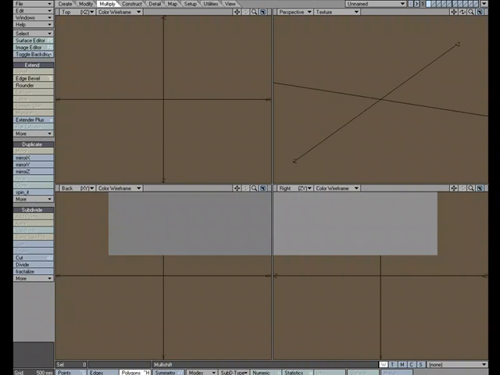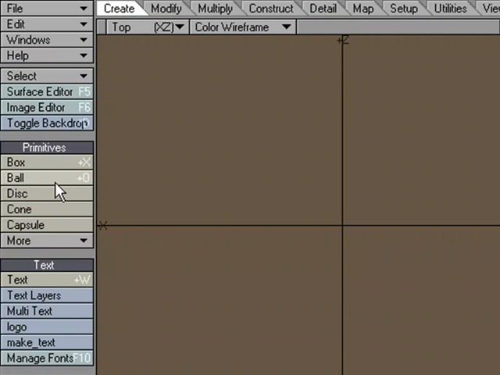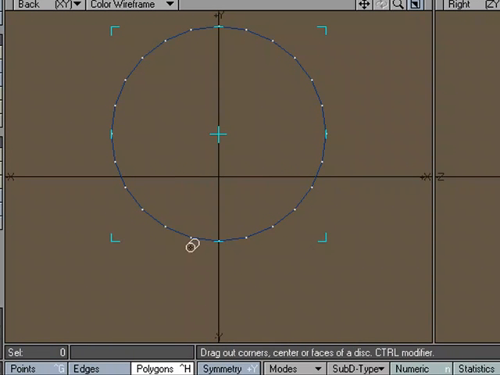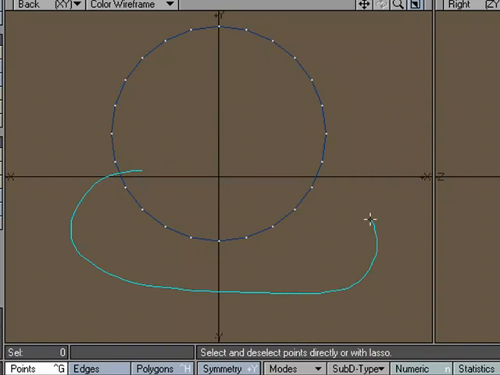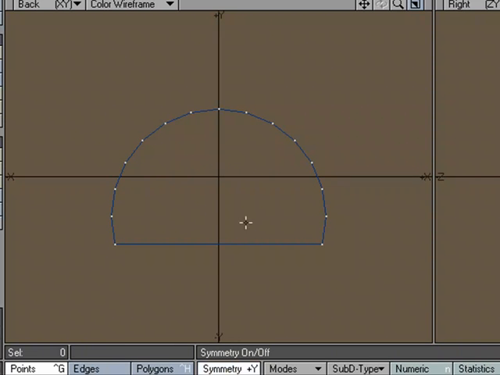So I'm going to jump over to Modeler, and we're going to build the basic building blocks, starting with the disk tool. So over in Create Disk, I'm just going to draw out a circle. I'm not going to give it any kind of depth. It's just going to start off as a circle. And I'm going to get rid of some of the points that I don't need, which will be these down here. Hit delete. I'm going to go ahead and center it with F2, turn symmetry on,